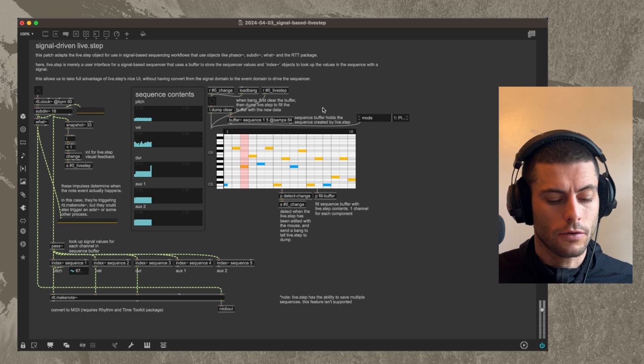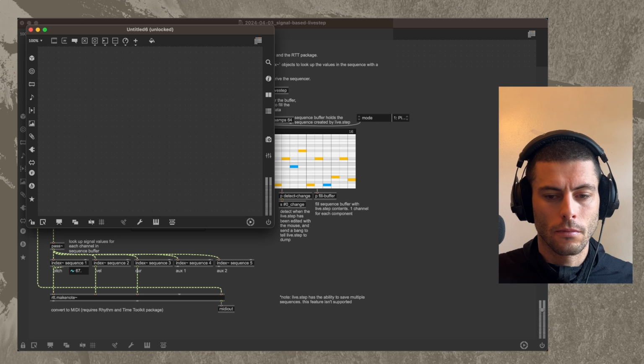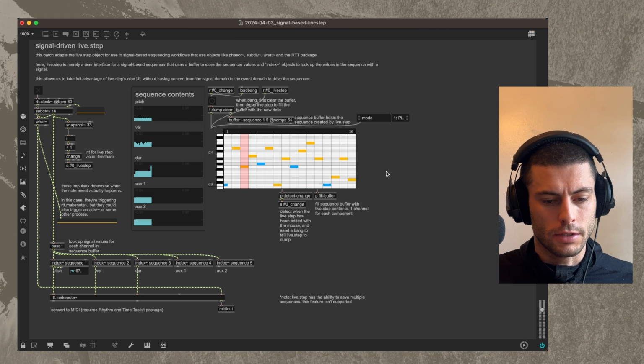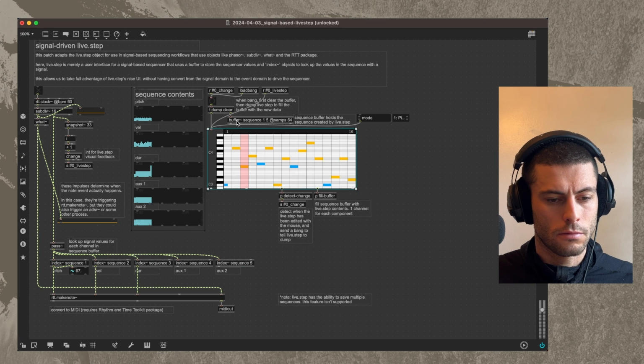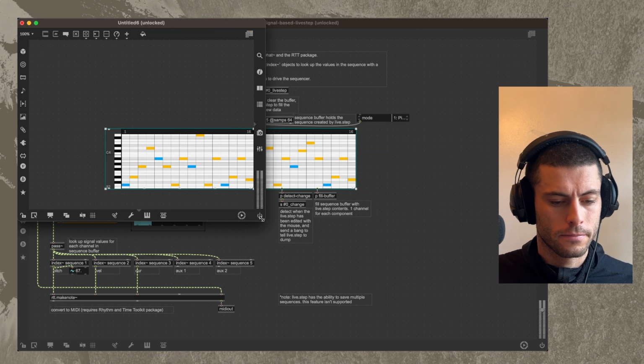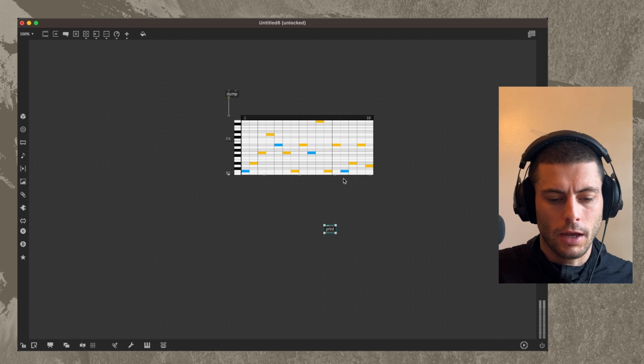Okay, so let's start from scratch and build this thing. Let's just copy this live.step that we already have here. I'm going to make this big. And basically what we can do is send a dump message to this object. And if I print the output,